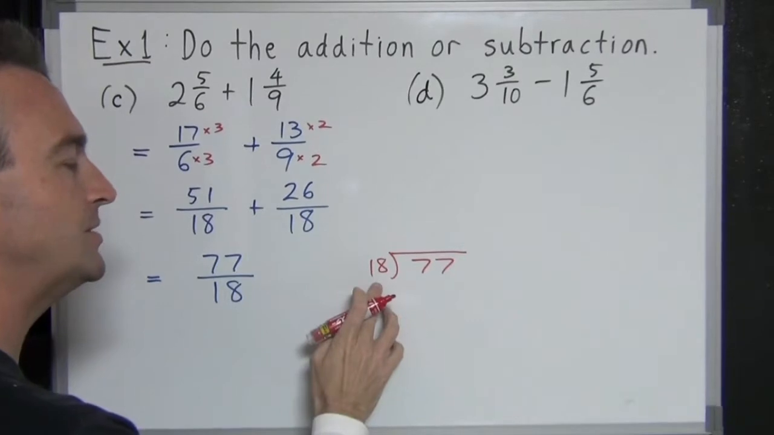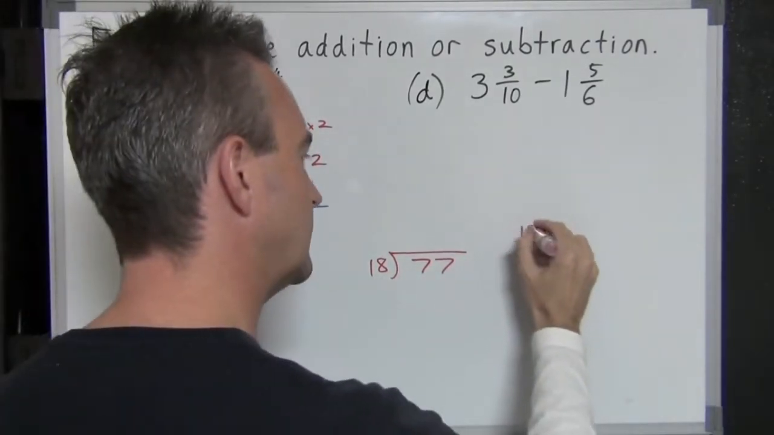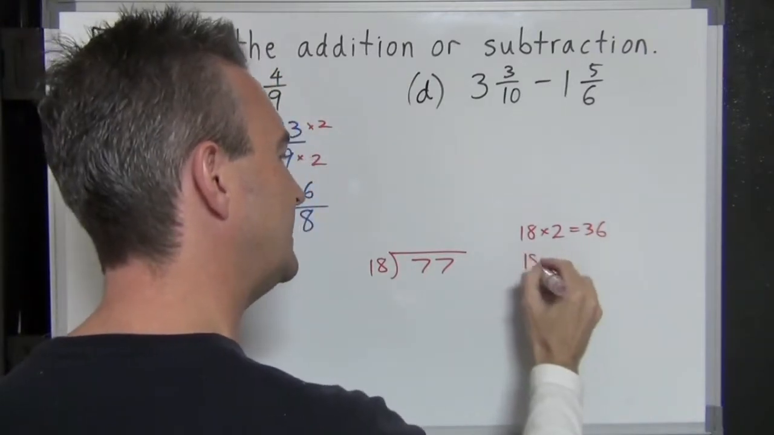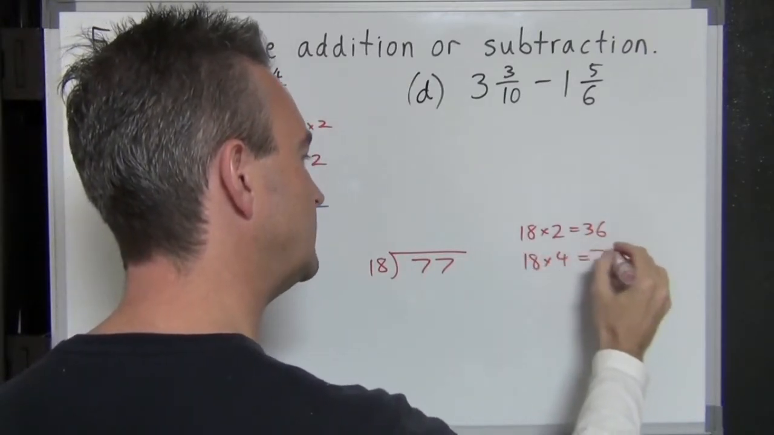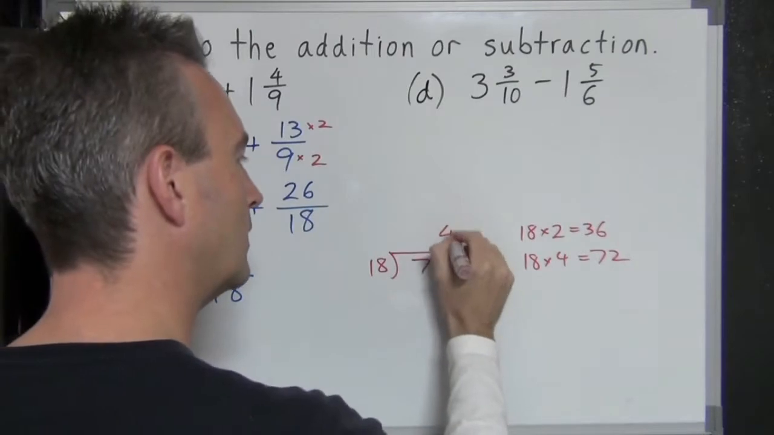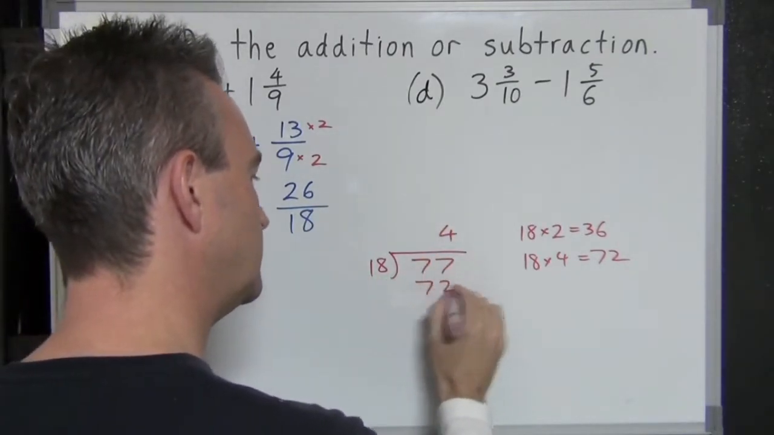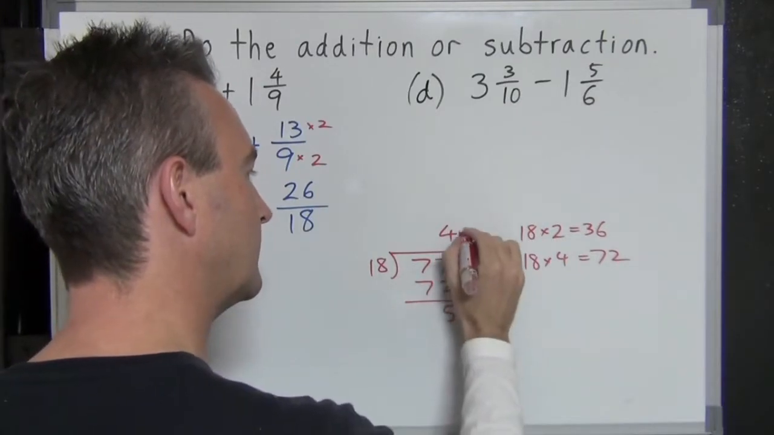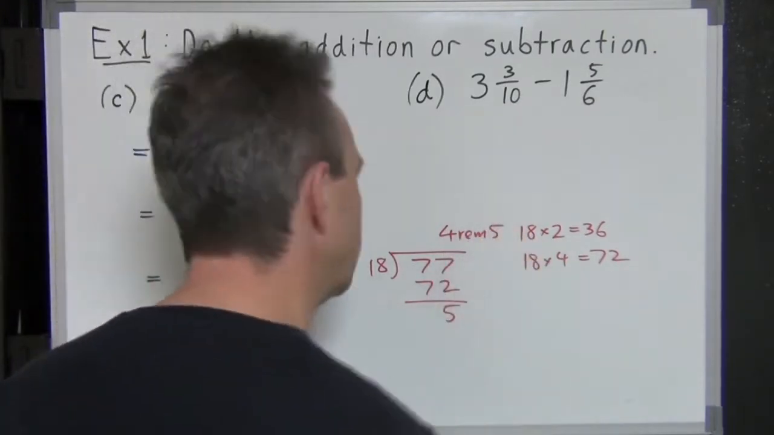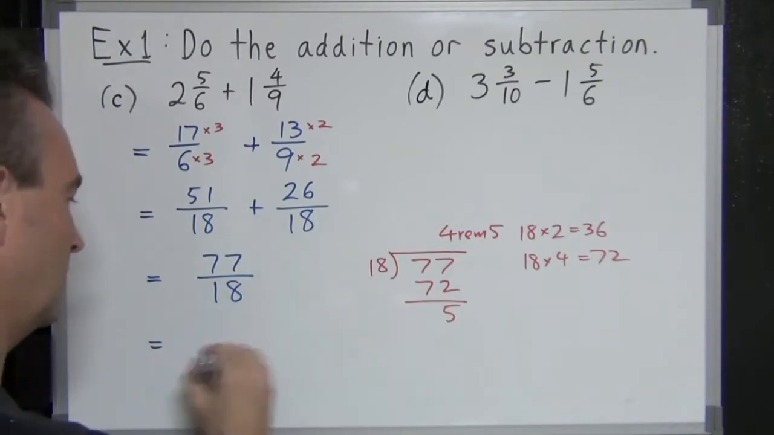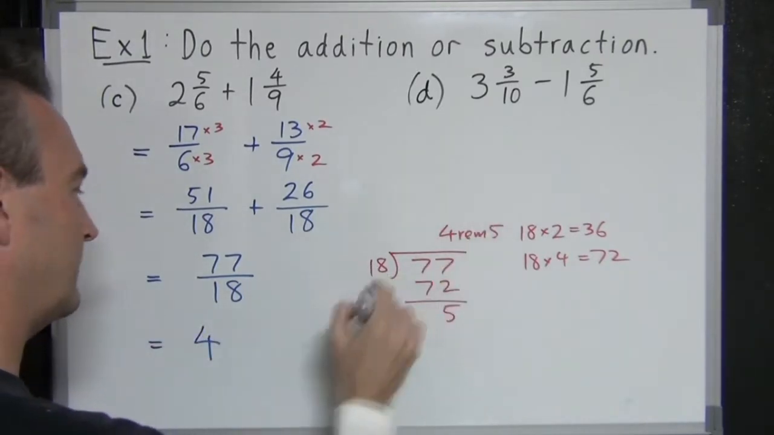18 times 2 is 36. What's that going to be? 18 times 4 is 72. I think it's going to be 4. 4 times 18 is 72, which will give a remainder of 5, I believe. So there we go. 77 over 18 converts to 4 and 5/18